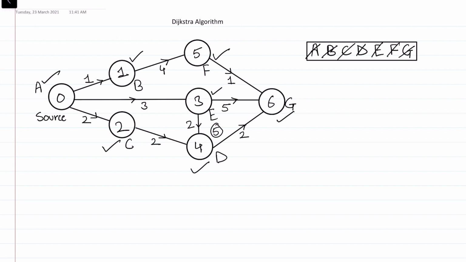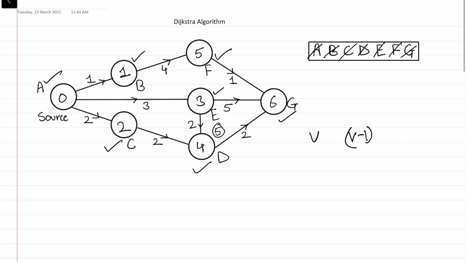Suppose we are given a graph with V vertices. Now, since in a graph we do not know how many edges are connected to a given vertex, it depends on the graph. So in the worst case, let's suppose that each vertex is connected to V minus 1 vertices. Now in order to find the total number of edges, we multiply V by V minus 1, and let's represent this by E. Now we know that in the min heap implementation of the Dijkstra algorithm, the time complexity to update each adjacent vertex's weight is order of log V.